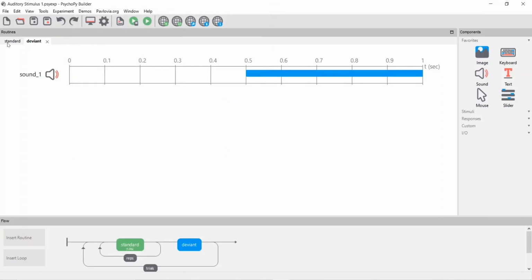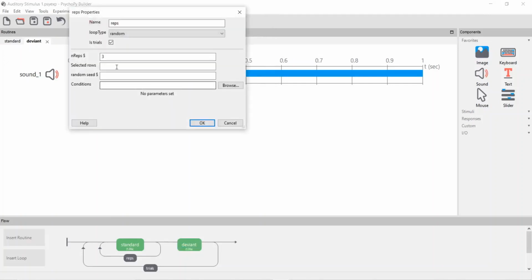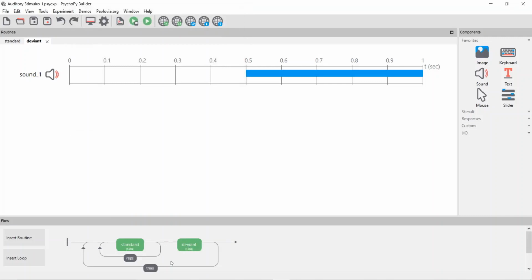So here we have used 2 routines, standard and deviant. As per this repetition, the standard will first come 3 times and then one deviant will come. Again the standard will come 3 times, then one deviant. Let's hear that and see if we can notice any change.